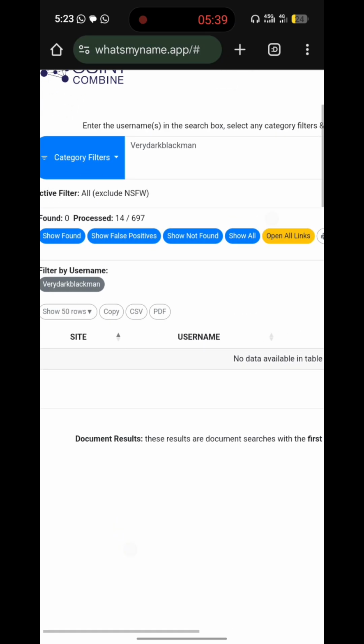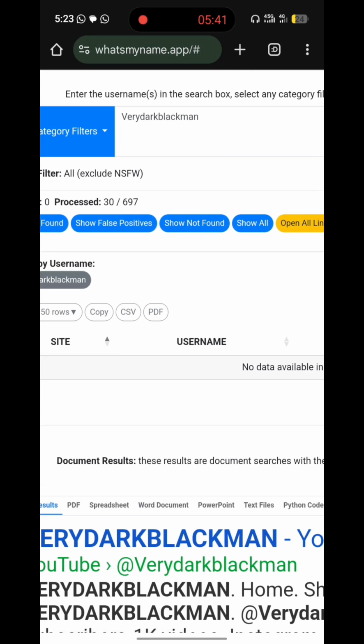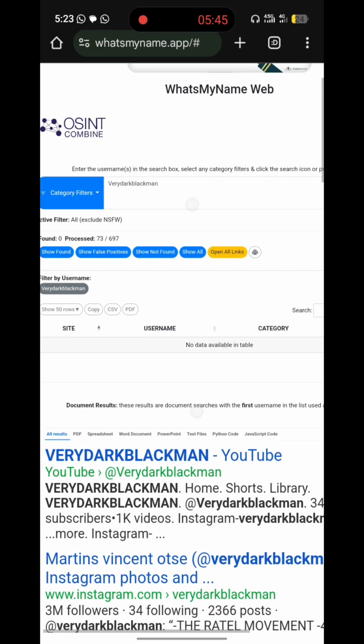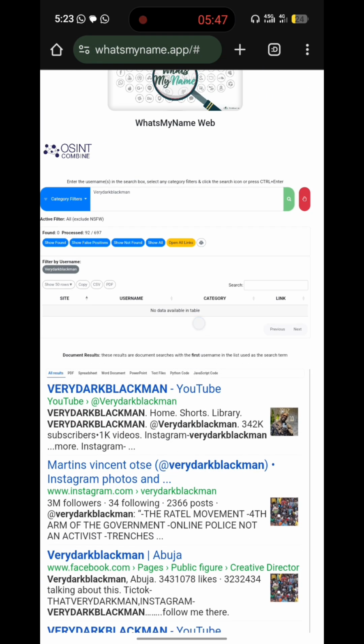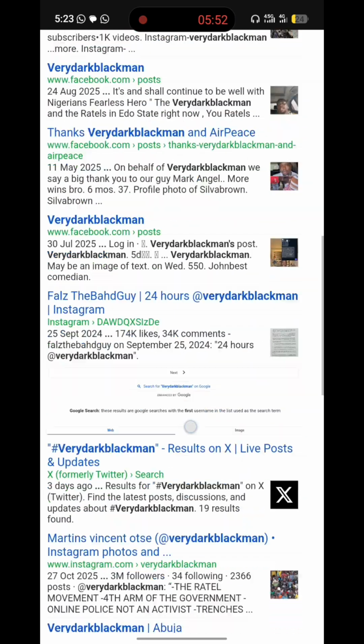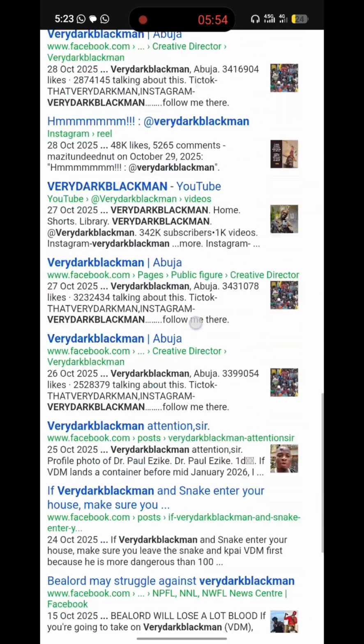Right now we see it's scanning already. You can see 41 processed out of 679. You can see all the subject's online information already coming out. Scroll down.